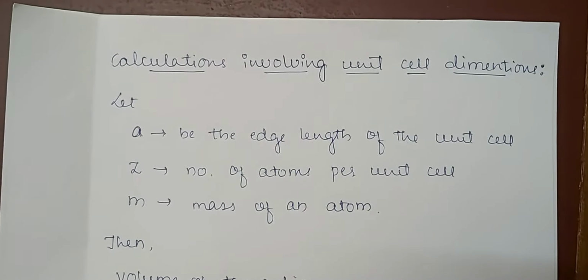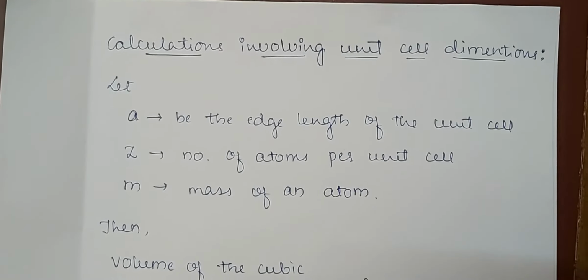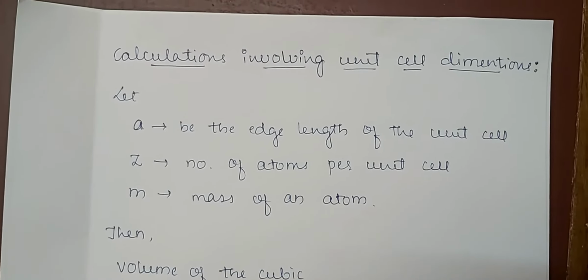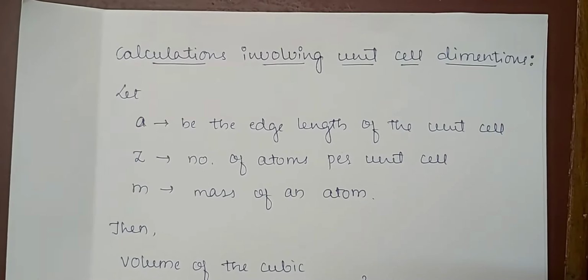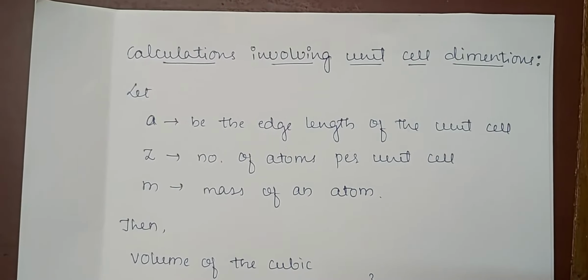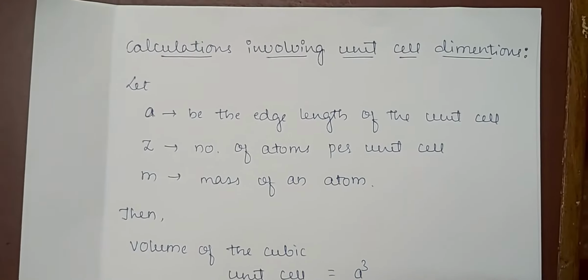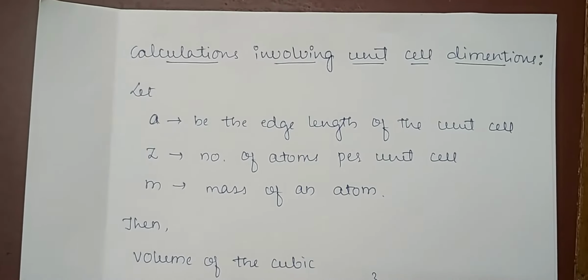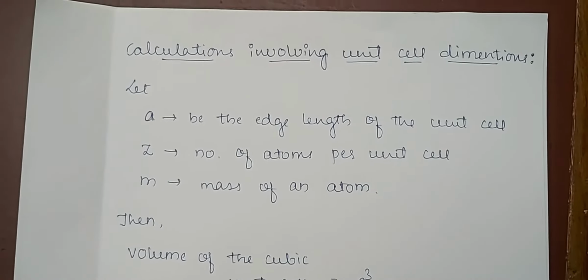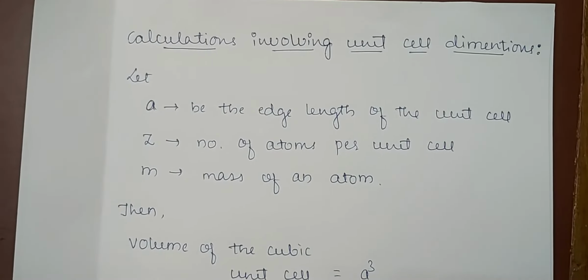Hello students, in the previous class we have studied about the packing efficiency and we have learned that different types of cubic unit cells differ in their packing fractions. That means it is with respect to the space occupied by the constituting particles. So these are expected to differ in their relative densities also. So let us derive a general relation between edge length and the density in a unit cell.